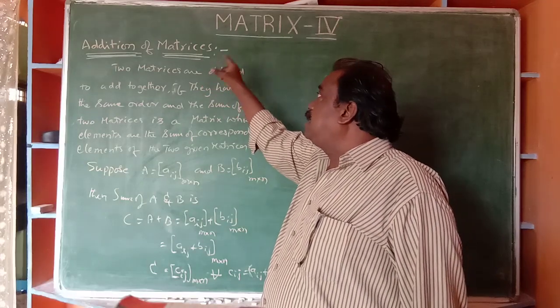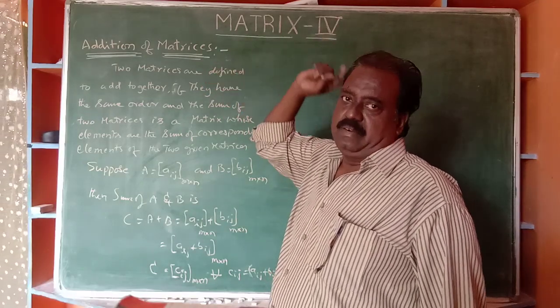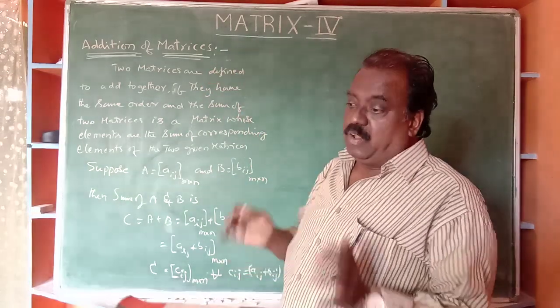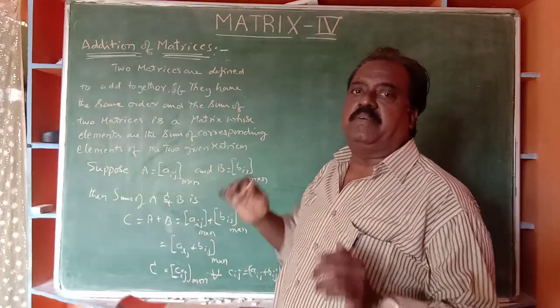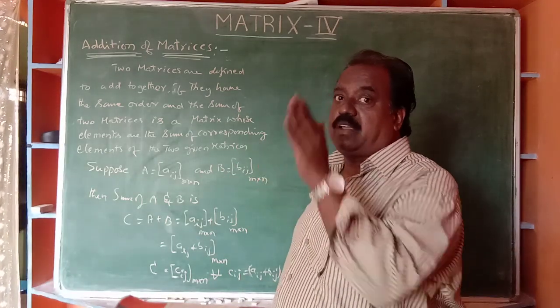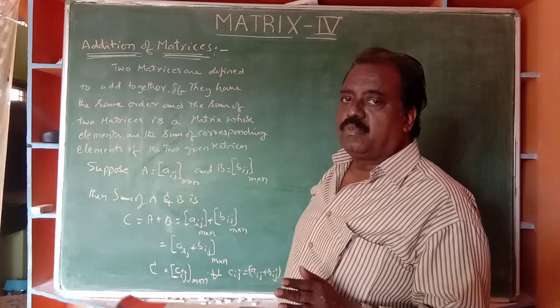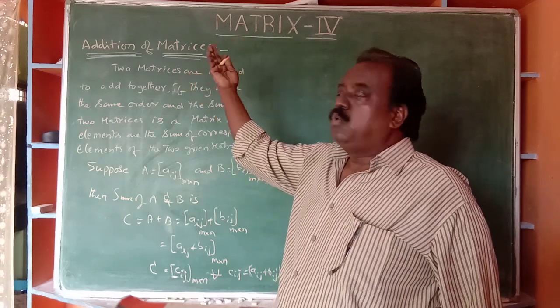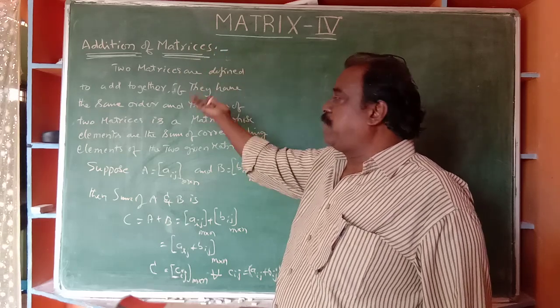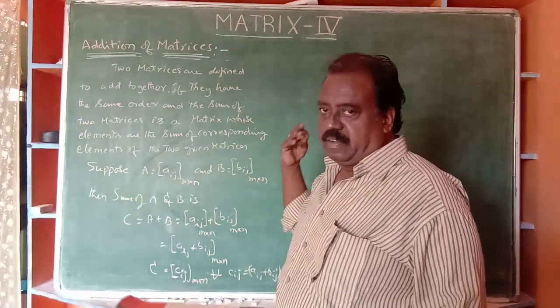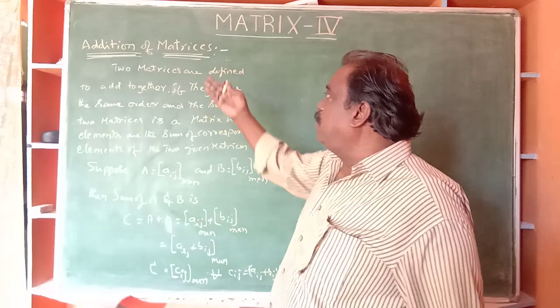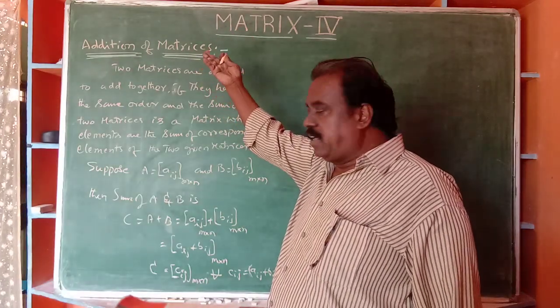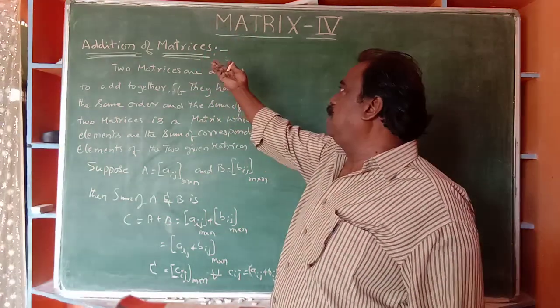Because first of all, it is not a number. It is a group of numbers which are lying in the rows and the columns. Even though, for that one also we may do some addition or subtraction, like that we can. Okay, now the very first beginning concept is addition of matrices.